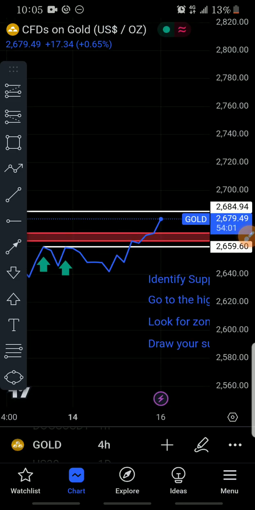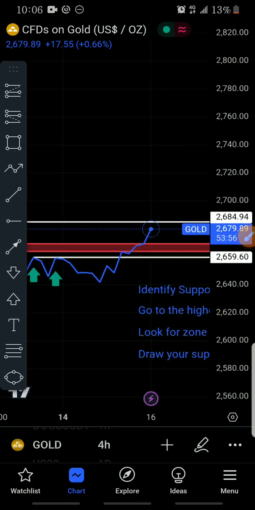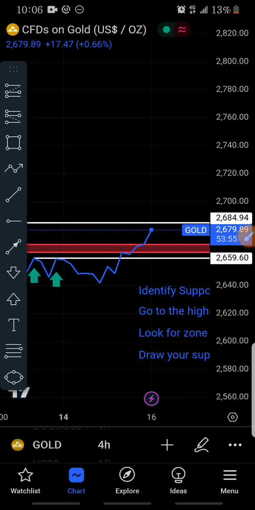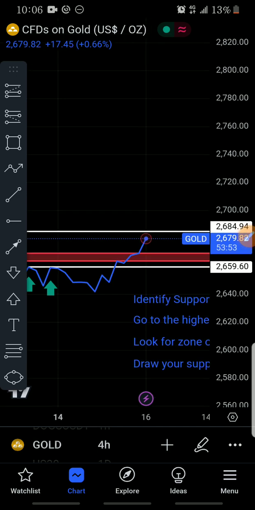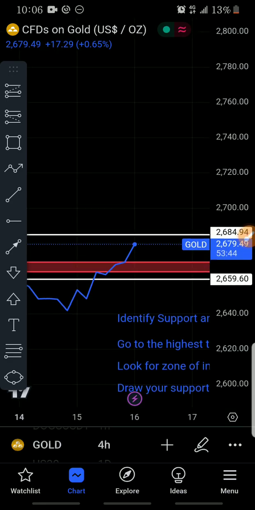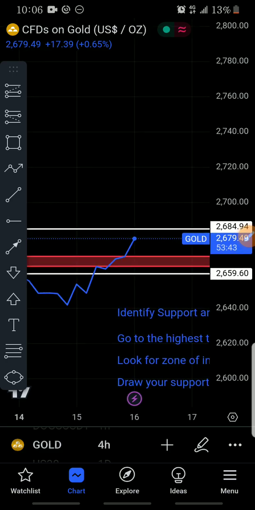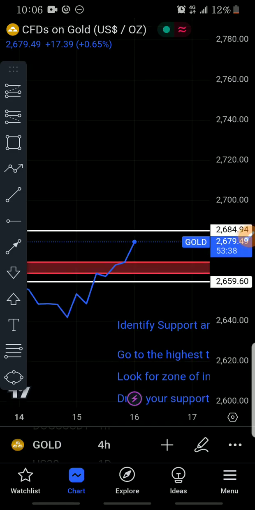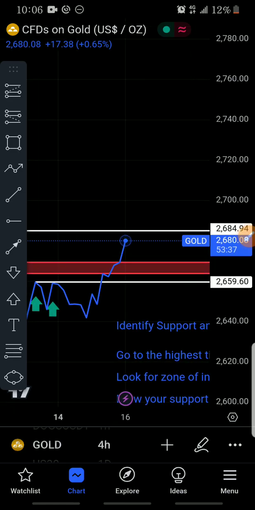So now this resistance has turned into a support level. So now we have no business with that level again. Now the level has turned to a support level, because the market is above it and it can come down to it. So now we've identified our recent support. Now our recent resistance, if you observe,